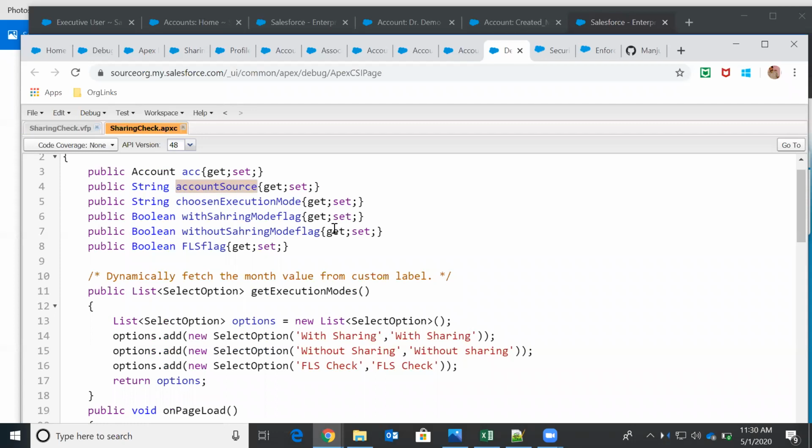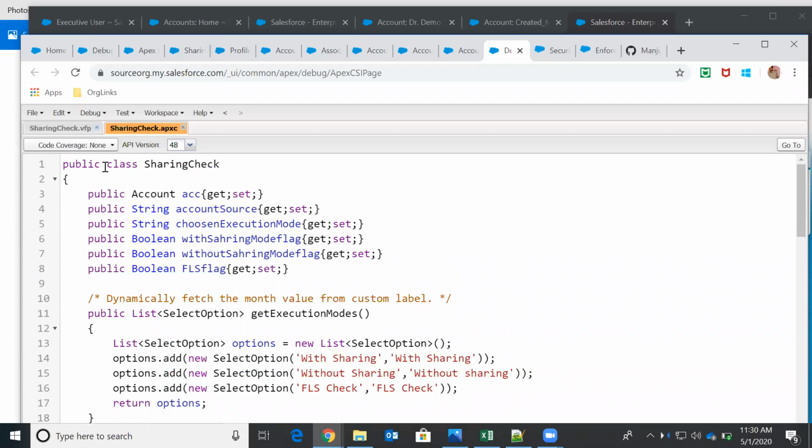Let me change the same now. Let me change this to with sharing now.